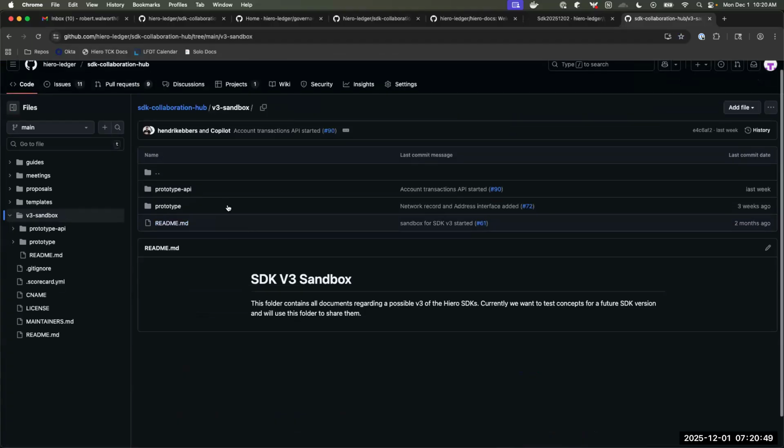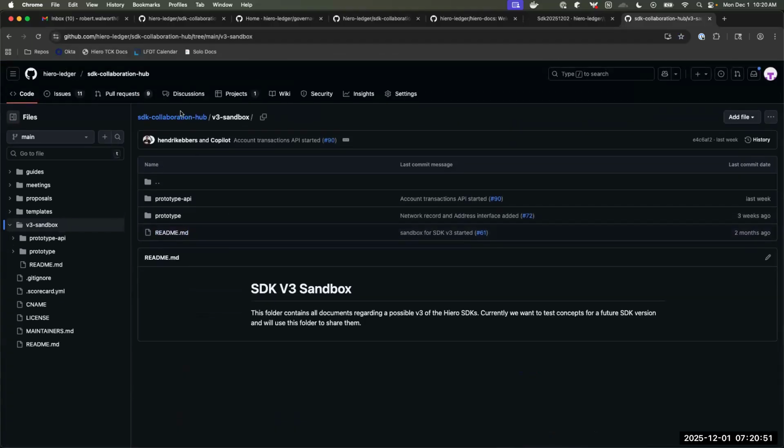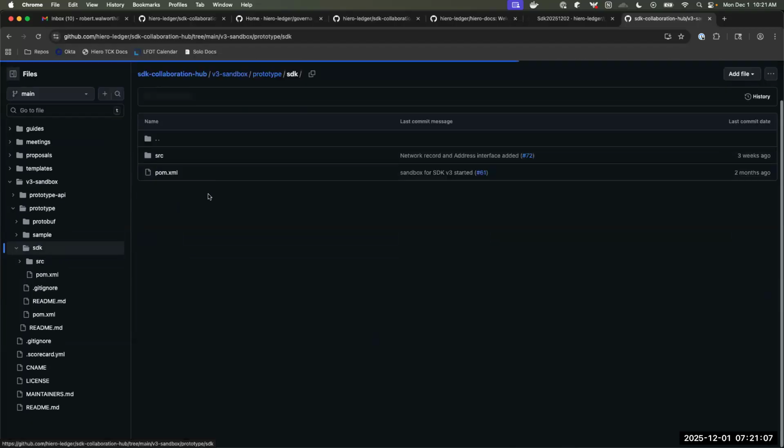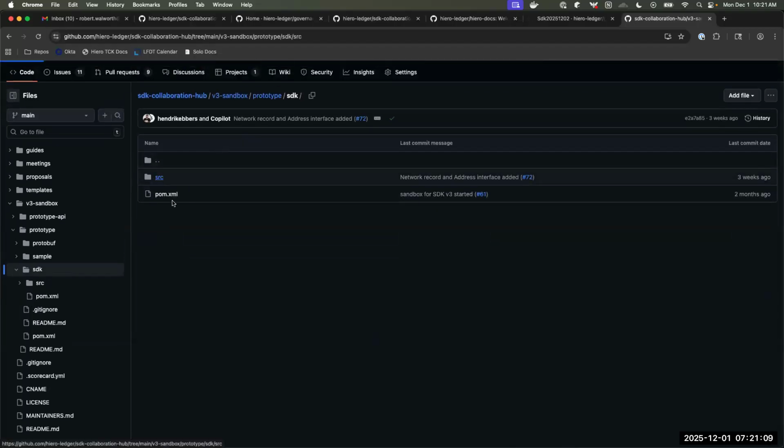Real quick, in the SDK hub, we have our V3 sandbox folder, which is where we have the API guidelines as well as the actual prototype code. And that's in the prototype folder here.